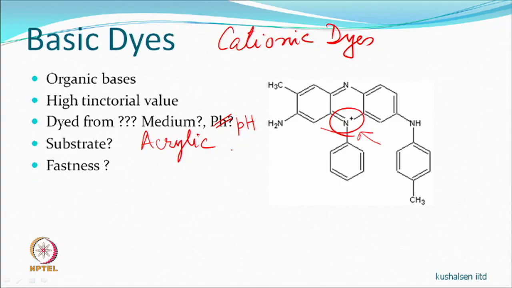The fastness generally is good, as I mentioned some time back also. If the molecular size is high, the wash fastness will be good. As such, acrylic fabrics, if they are used, they themselves are hydrophobic in nature, and therefore the interaction with the water is not as nice as with the hydrophilic fibers. And so once the dye goes in, then the dye goes in. Of course, the temperature etc. are important. pH of course is important.